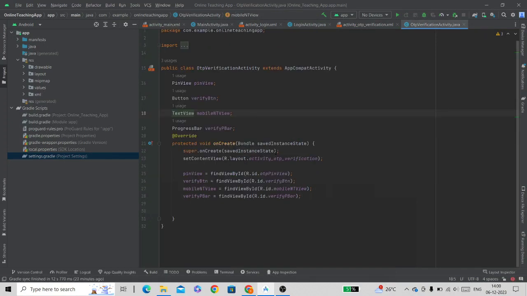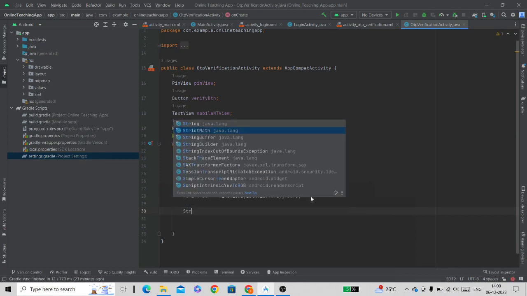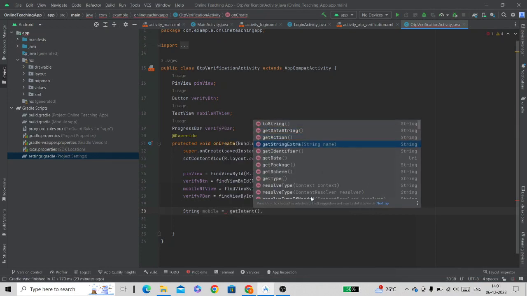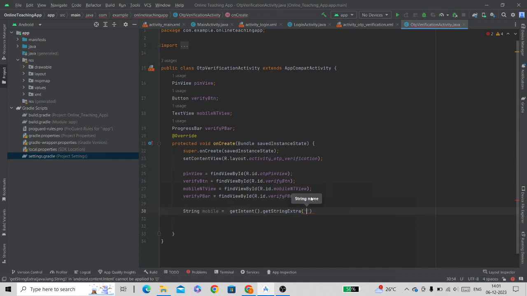Now let's extract this mobile number here. So for that we will create a string mobile, and here we will extract the mobile number. For that type getIntent dot getStringExtra and pass the name here.